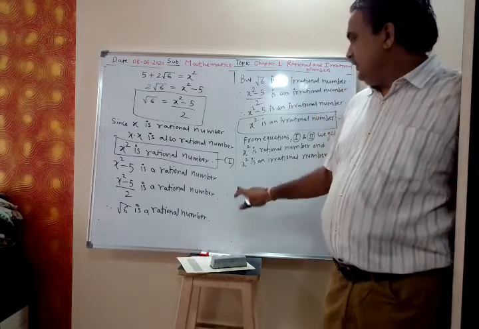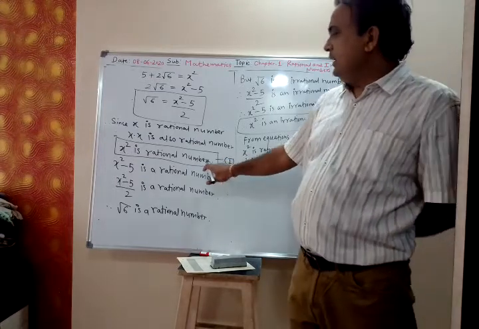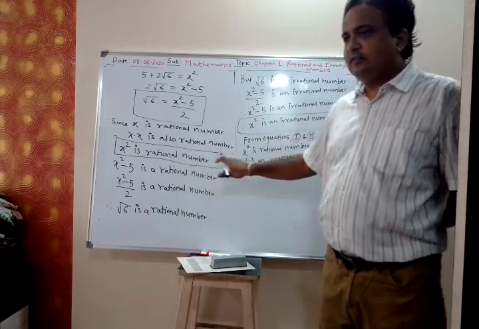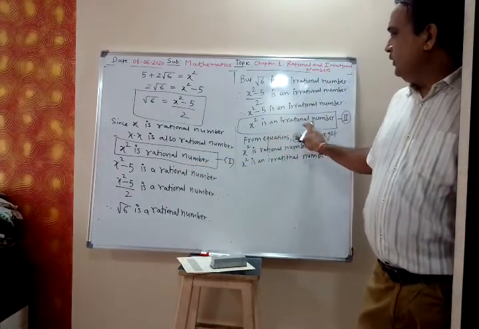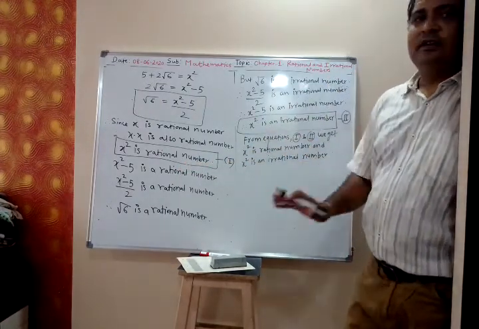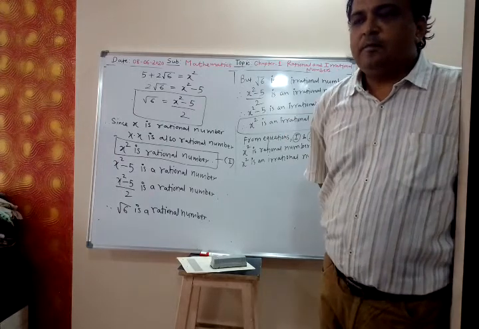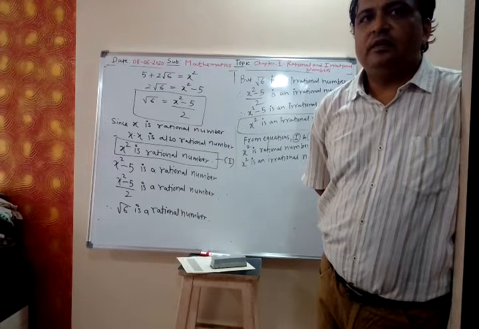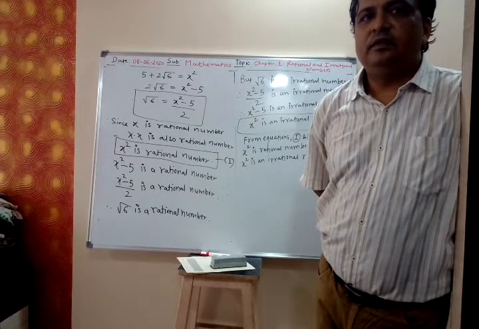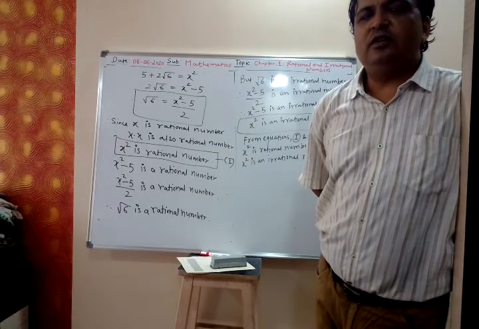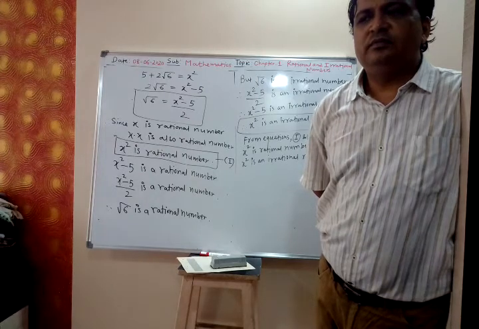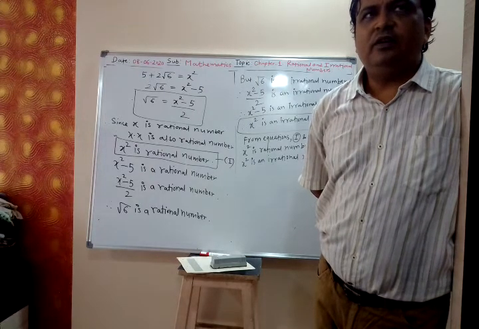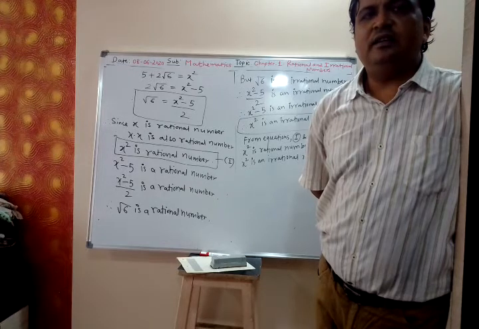So now I will proceed. From 1, x square is rational number. From 2, x square is irrational number. Keep microphone on mute. Now any number is either rational number